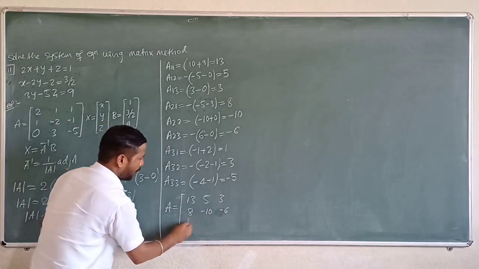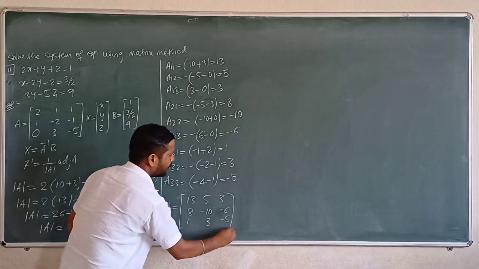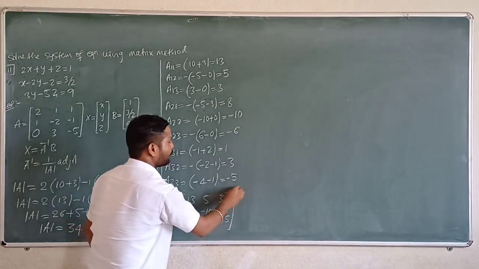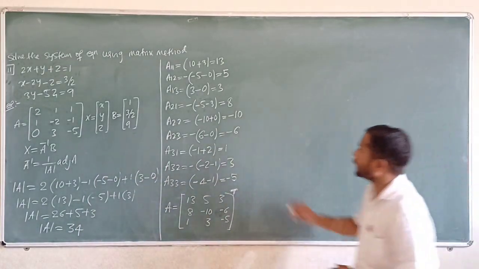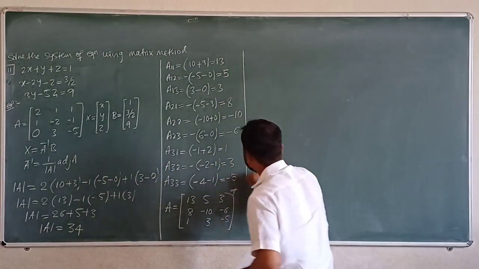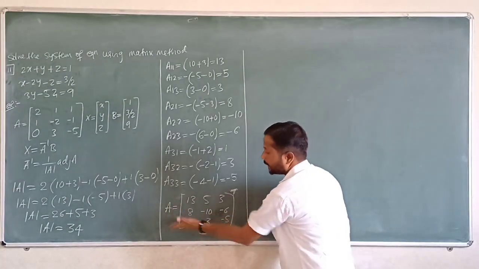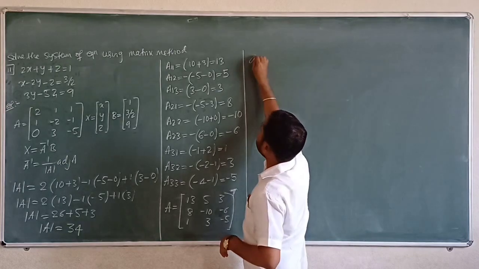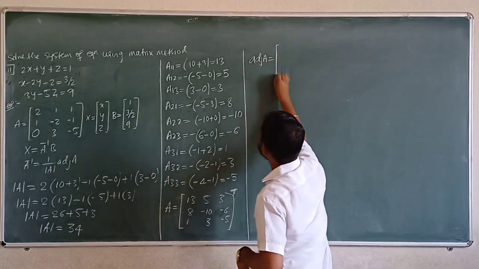Okay, next 1 3, 1 3, that is minus 5 now, right? We know that adjoint of A means transpose of the cofactor matrix, right? Take a transpose here. The cofactor matrix of A becomes adjoint of A, right? Now change the